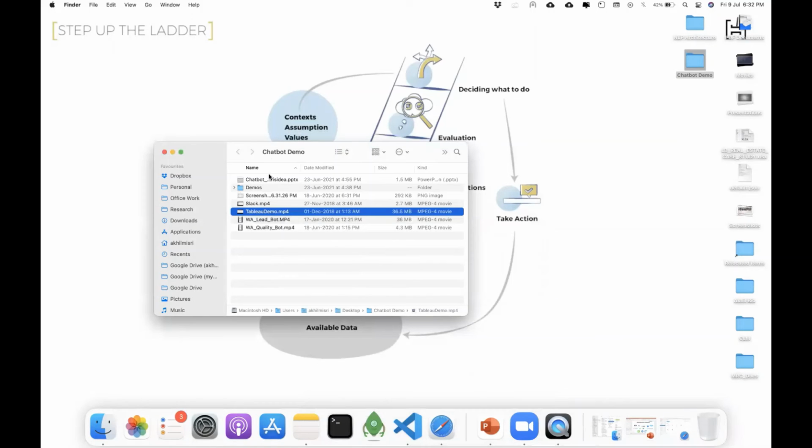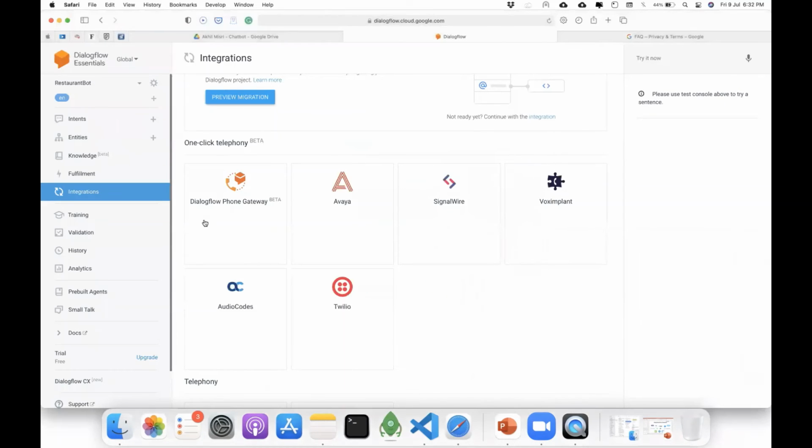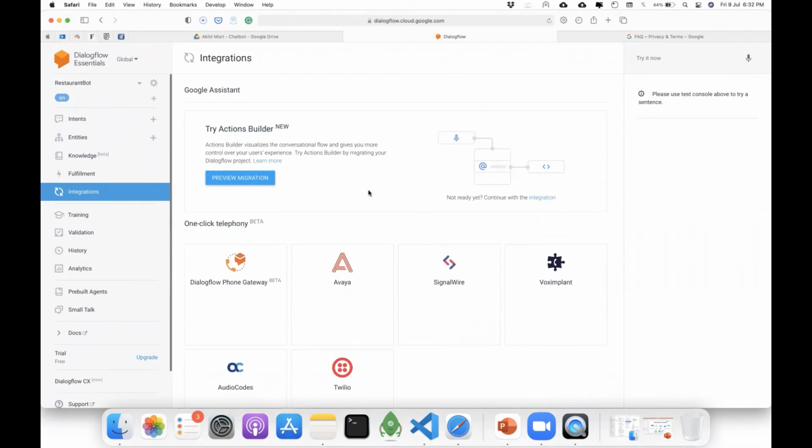I have a few more demos. I don't want to go through them right now, but I want you guys to understand what all is actually being built out there. This is something that I showed you is being built. I want you guys to research a bit from your side, because at the end of the day, you will be able to build some of these bots yourself.